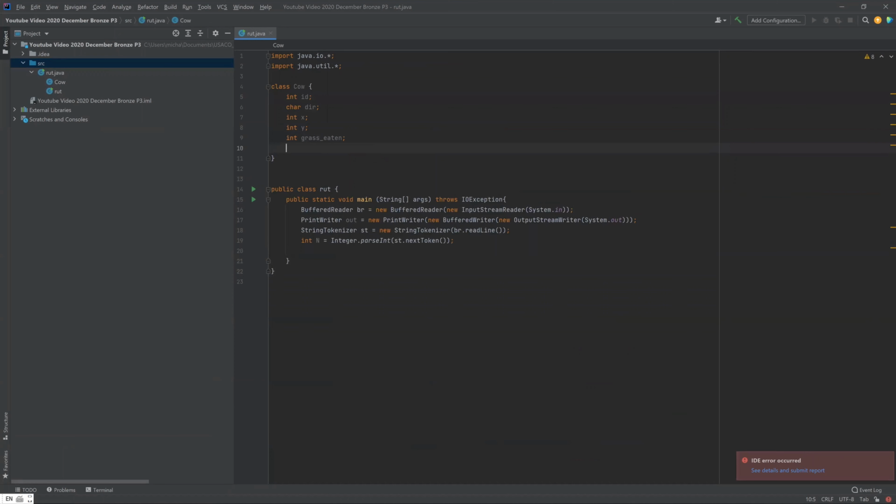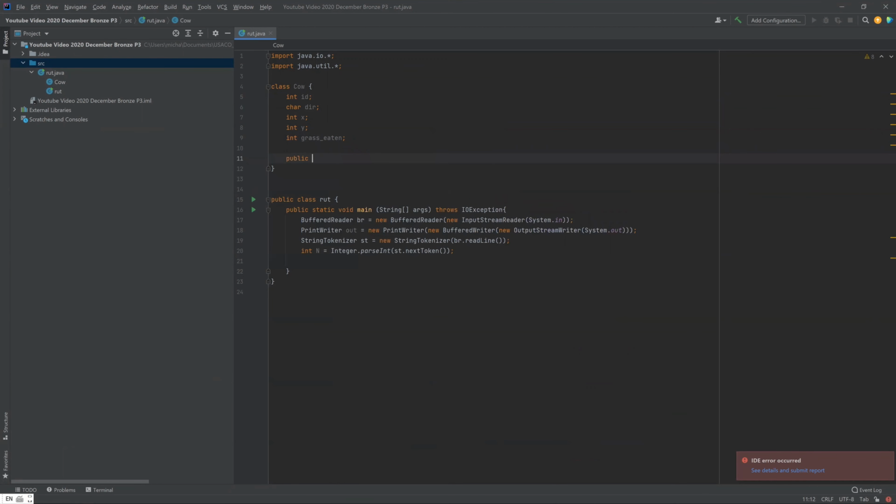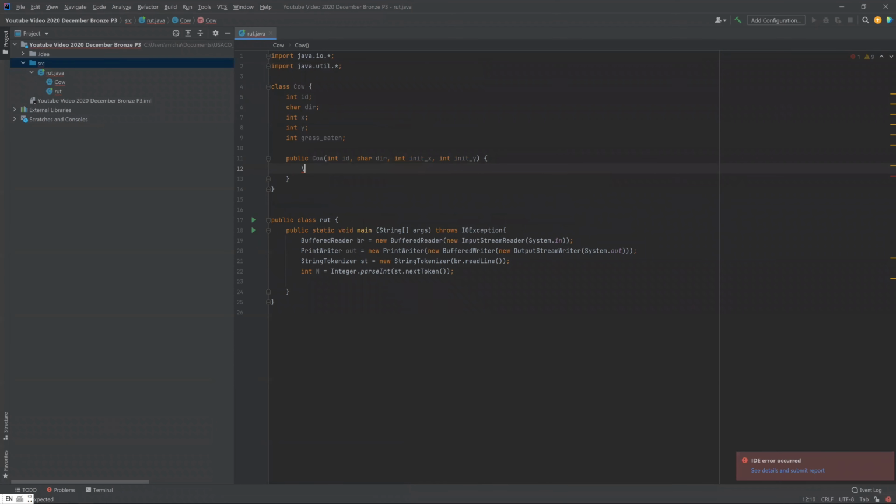Now let's initialize. What do we need? We need ID, direction,